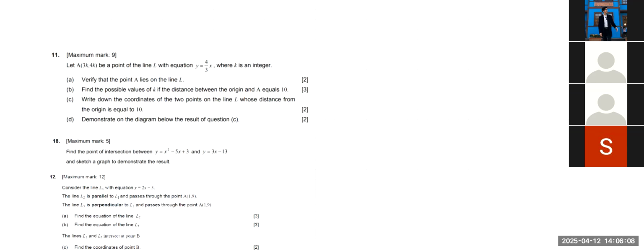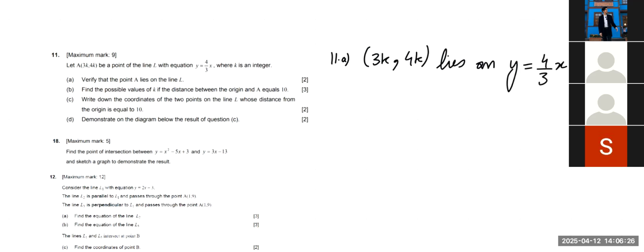Now, this is a very elementary thing, by the way. How do you prove that a point lies on a line? It's simple. If I want to prove that this point with this x and y value lies on y equals 4 over 3x, all I gotta do is plug the y value into the y value, the x value into the x value, and see that the equation works. That's it. So if I plug in 4k for y and I plug in 3k for x,